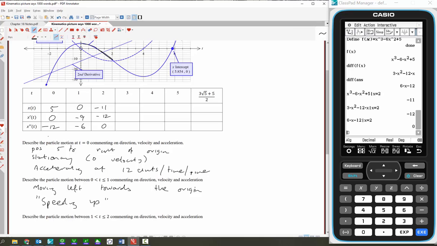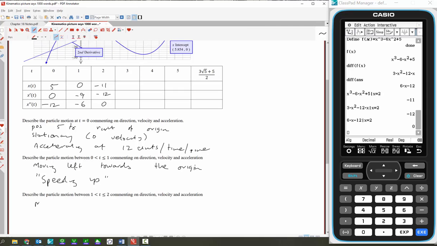So its position, we're going to say it continues to move left because the velocity is negative, until it's at 11 units left of origin. Right, what about its velocity? We've got a velocity of 12 meters per second in that negative direction, so that tells us the